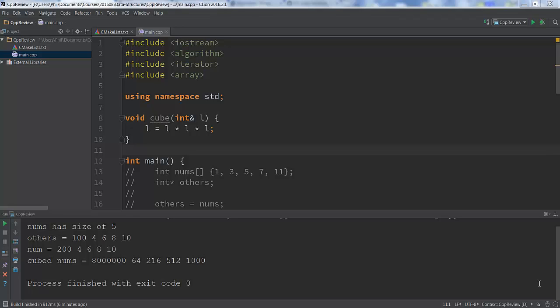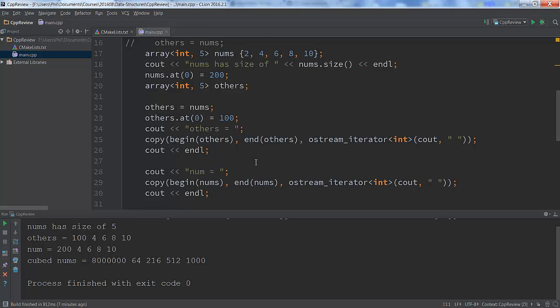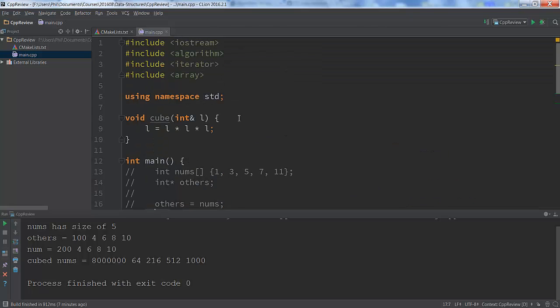All right, so welcome back to another and further continuation of our look at C++, doing a review, looking at the standard template library, all of those things. All right, so let's take a look at another container. Okay, as I said, so the